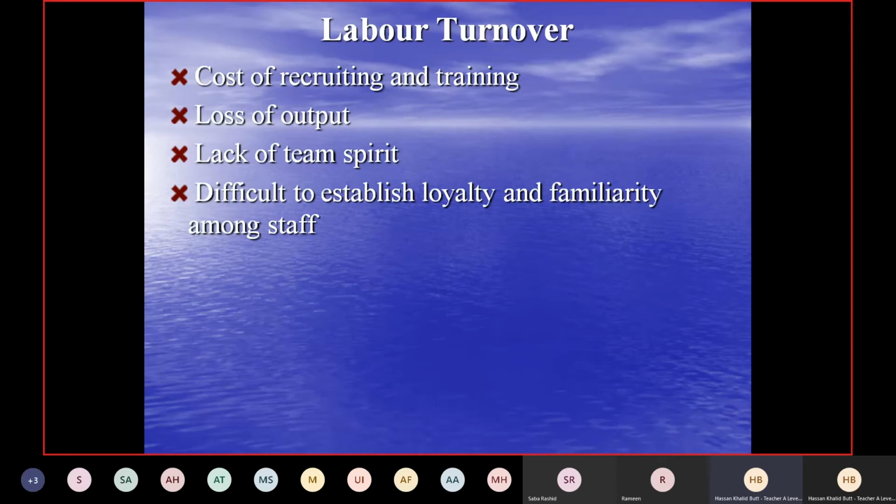But if there is labor turnover, obviously employees do not stay in the organization for a longer time period. So familiarity and loyalty is not possible at all. It is out of the question. So when loyalty and familiarity is not there, one, you won't get workers who will be working day and night, or spending more time than they are supposed to. Because loyal workers are so dedicated towards the organization that they do not see whether it's home time or not.